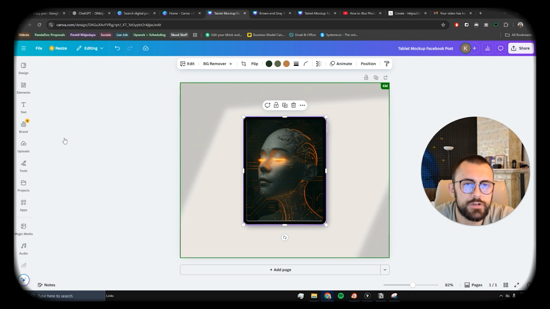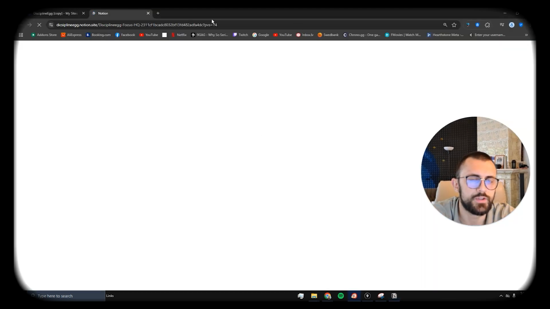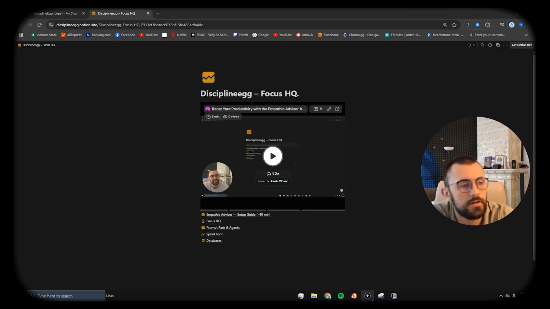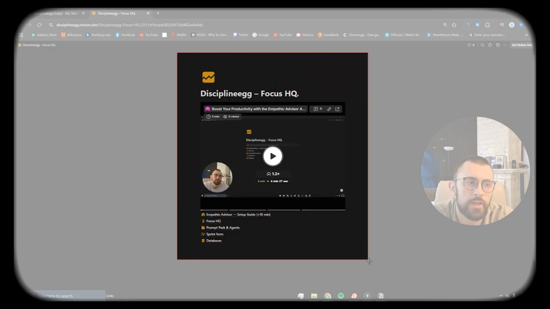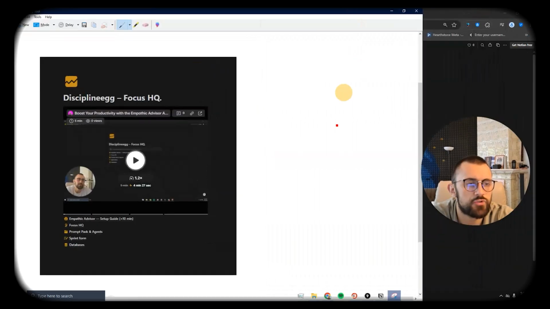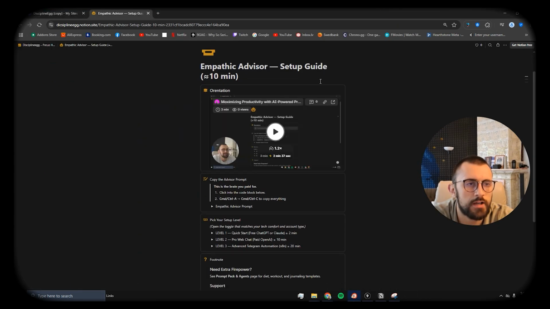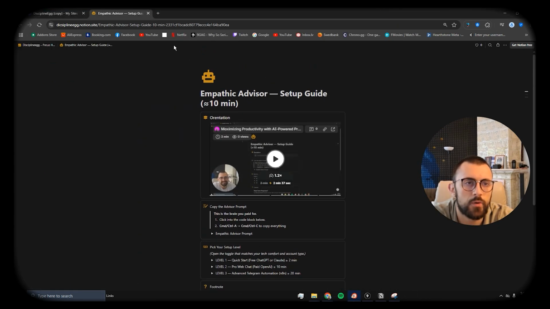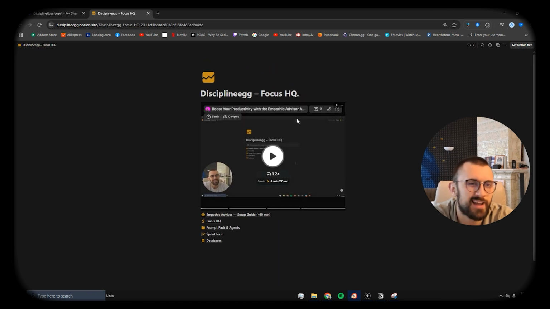So next thing, let's go back to our product in Notion. Do the same thing as we go to the browser version. And then we're going to be using the snipping tool to create different screenshots of the product from each page to add to our product image. Just simply go to each page of your product, kind of different views of your product, anything that works,